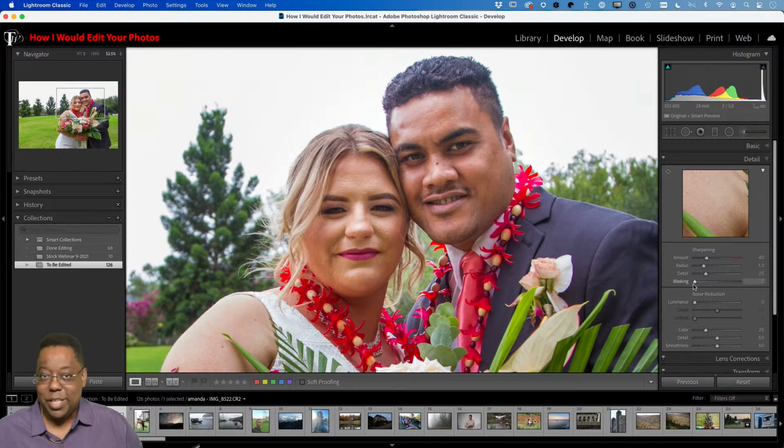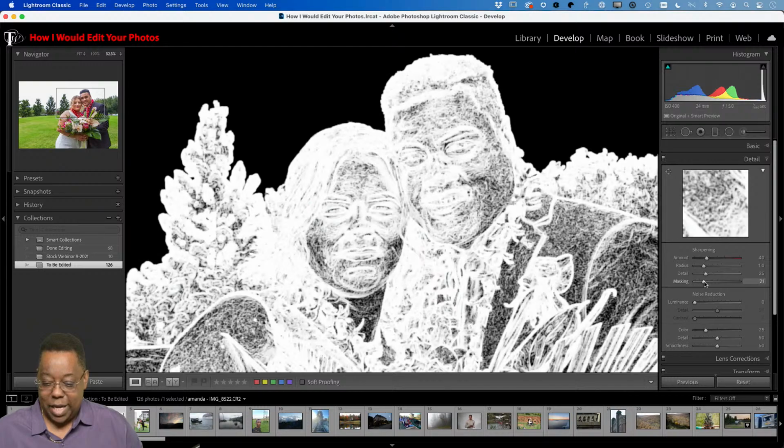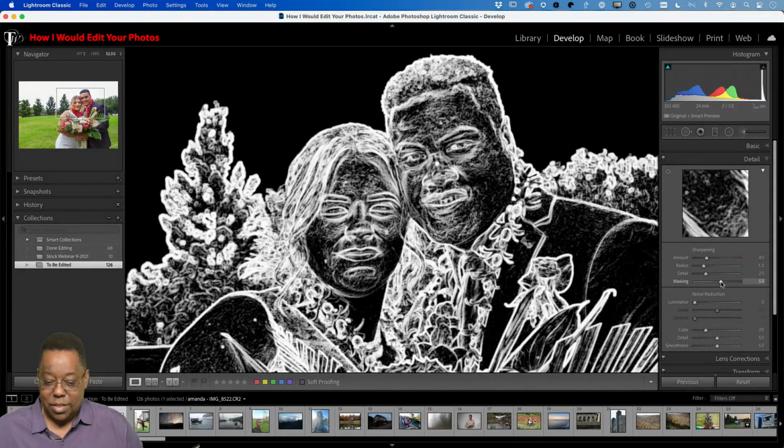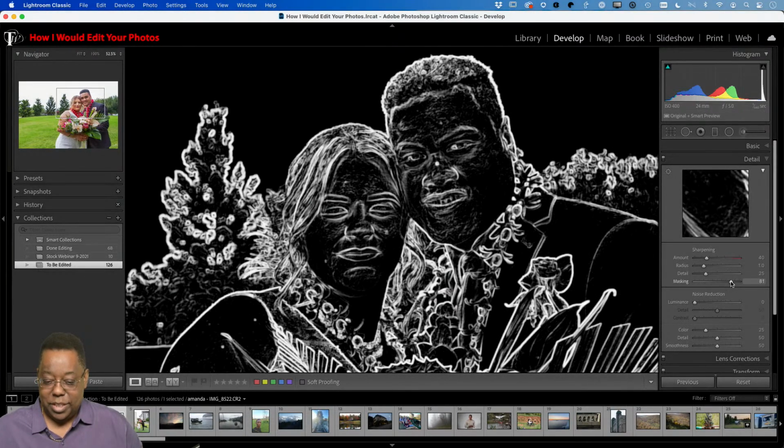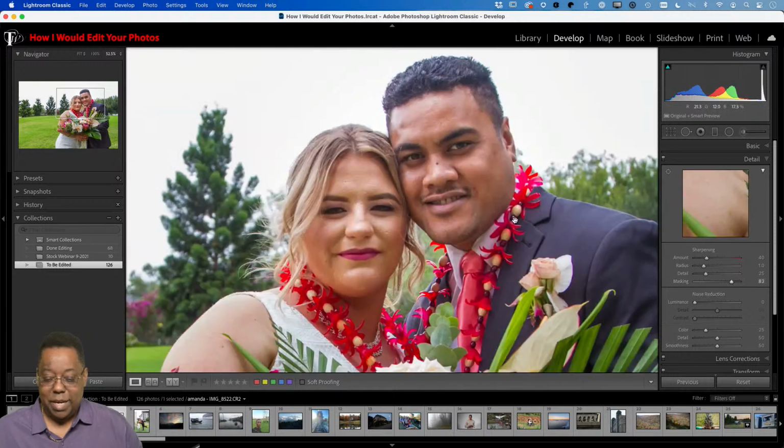But the best way to do this, so you know which amount to use, is to hold down the Option key or Alt key and drag until the skin is dark and everything else is light. So all the other things are light, the skin is dark, and what that will do is everything that was dark will not be sharpened. Everything that was light will be sharpened. So that way you end up with